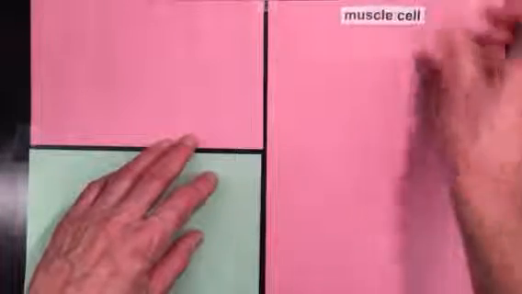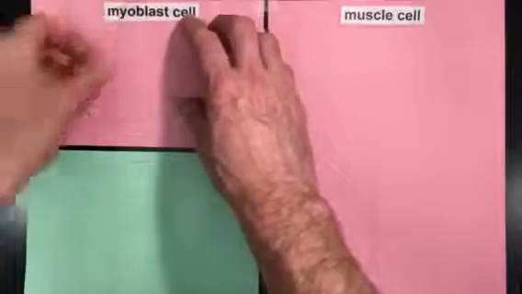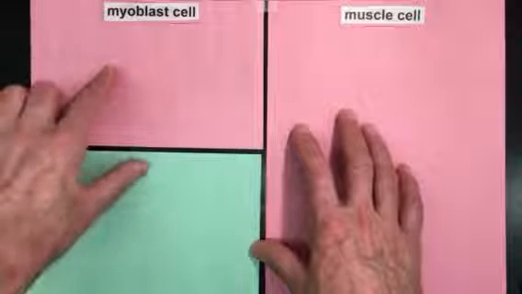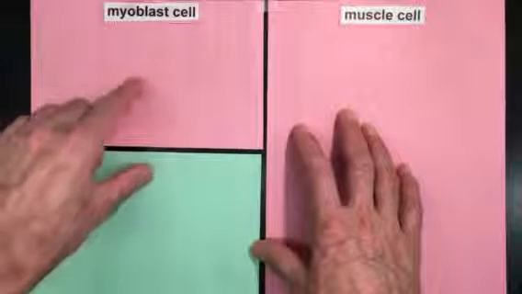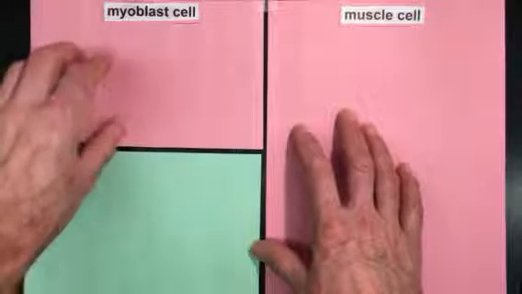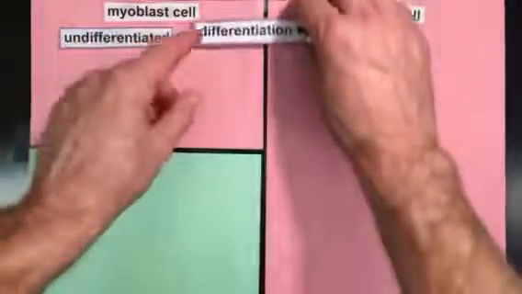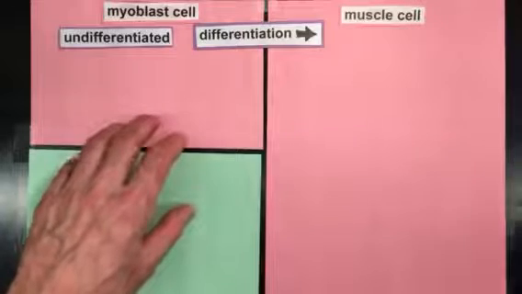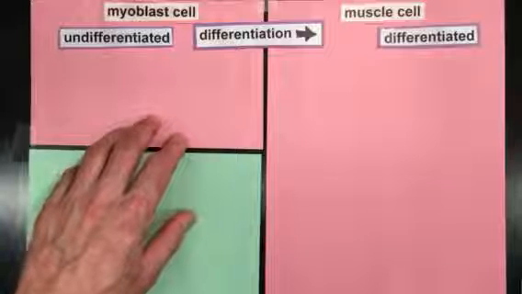We have our familiar muscle cell and our muscle cell precursor, the myoblast cell. In an early embryo, there are no muscles, and then myoblast cells form. The myoblast cells go through the cell cycle. They divide by mitosis to increase the population, and then these undifferentiated cells go through a process of differentiation, which includes a variety of different things, including, as we learned earlier, new gene expression to produce differentiated muscle cells.